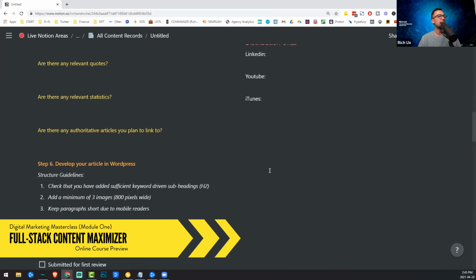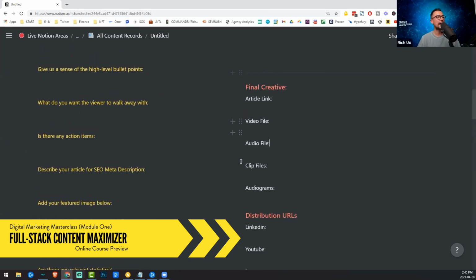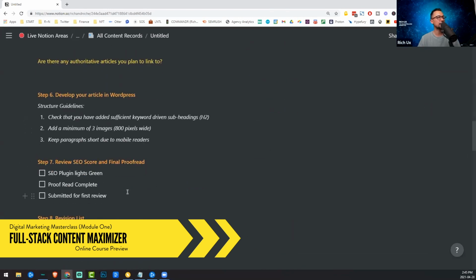Easier, I should say. Now, notice down here, I have 6, 7, and 8, 9, because after you finish your draft, you can come back down here and start looking at some guidelines. Check. Have you added sufficient keyword-driven subheadings? Add a minimum of 3 images, 800 pixels wide. Keep paragraphs short due to mobile readers. I'm giving you like a natural style guide and like checklists so that every article is up to par,